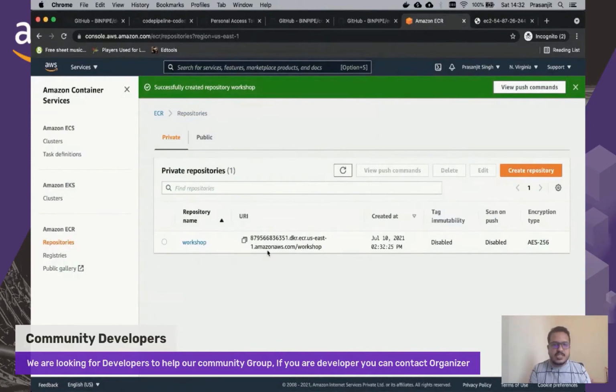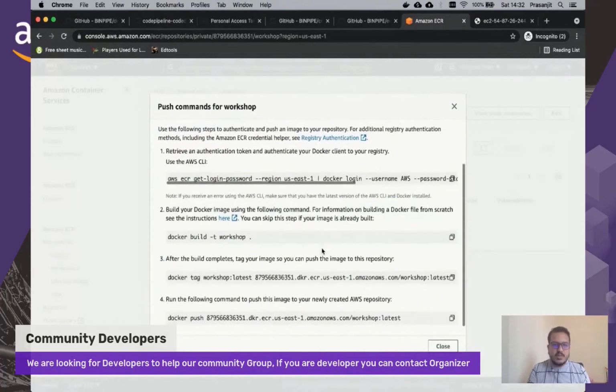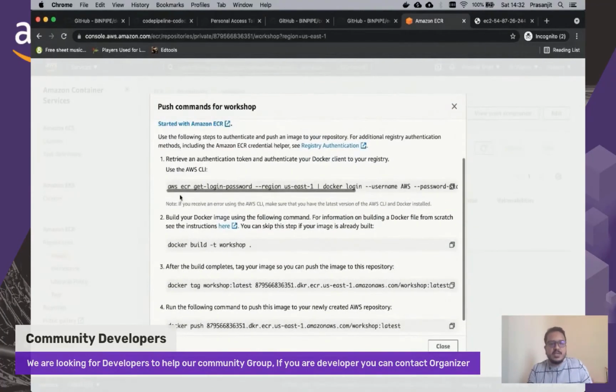So here you can see it has created a repository called workshop. Okay, and if you click here you can see there is no image. We have to push that image. So how to push that image? It's very easy. You just click on view push commands and you will see all the commands to push your image. Okay, so what I will do is just copy this